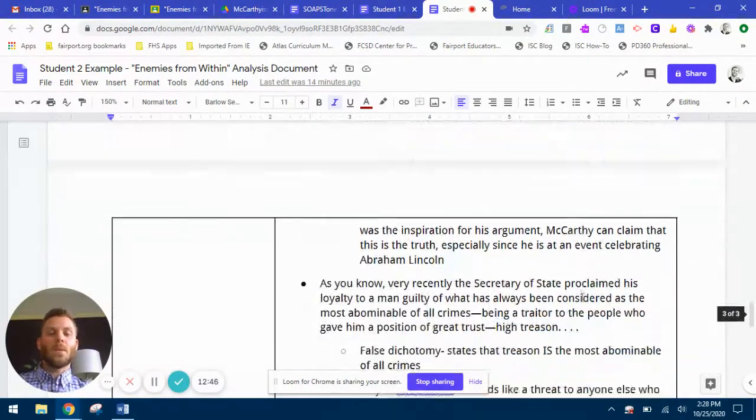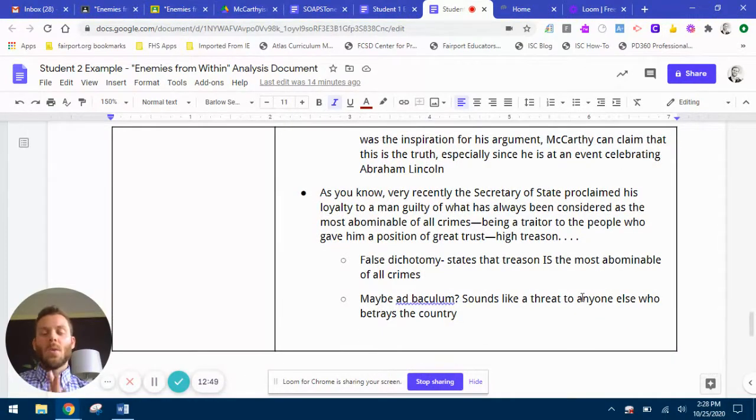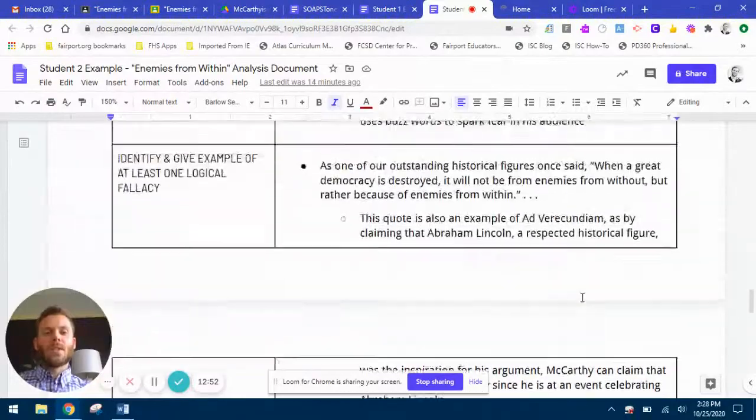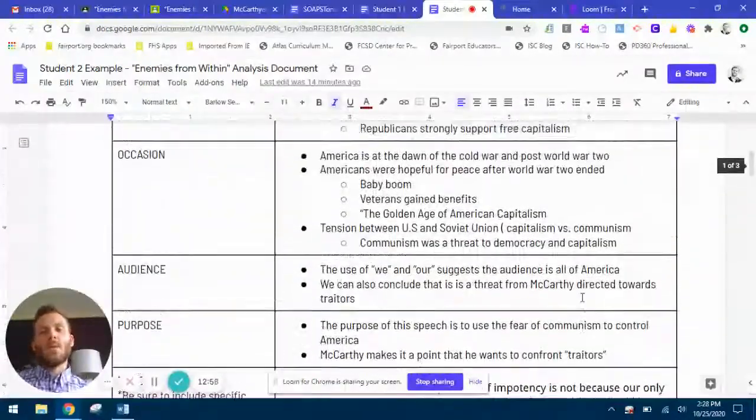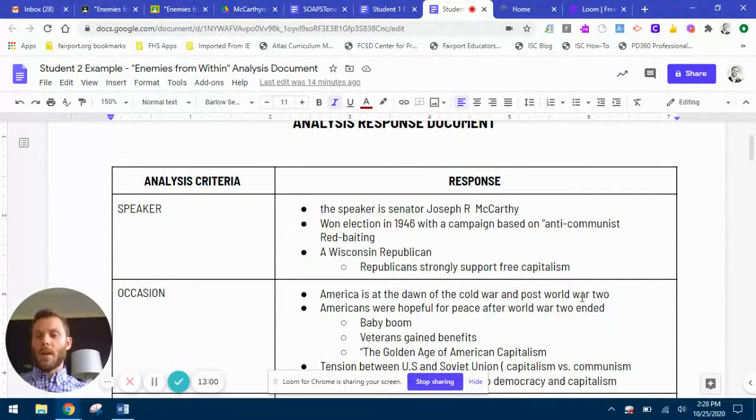So if you're looking at this and thinking, how can I better organize this to make sure I cover everything? These are both really good examples. The second one might be something for you where you're thinking, this is a good way to organize my response. So again, compare these to your responses.